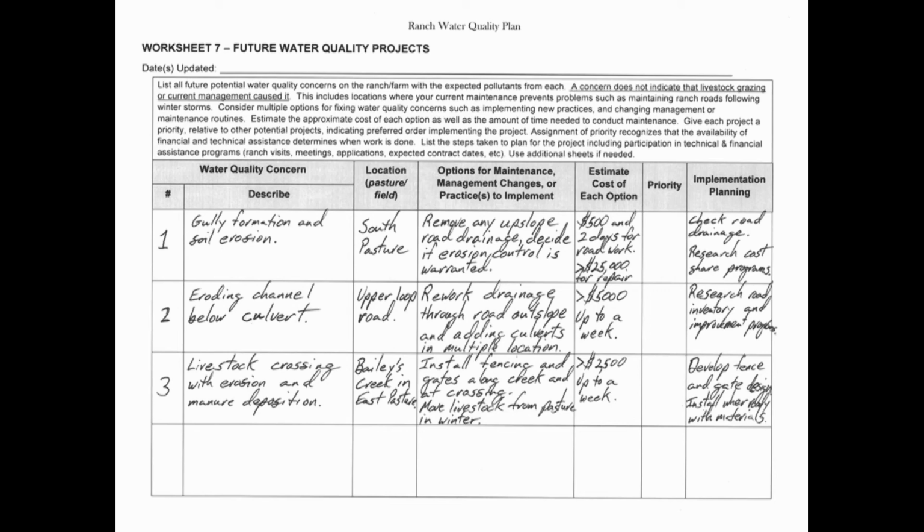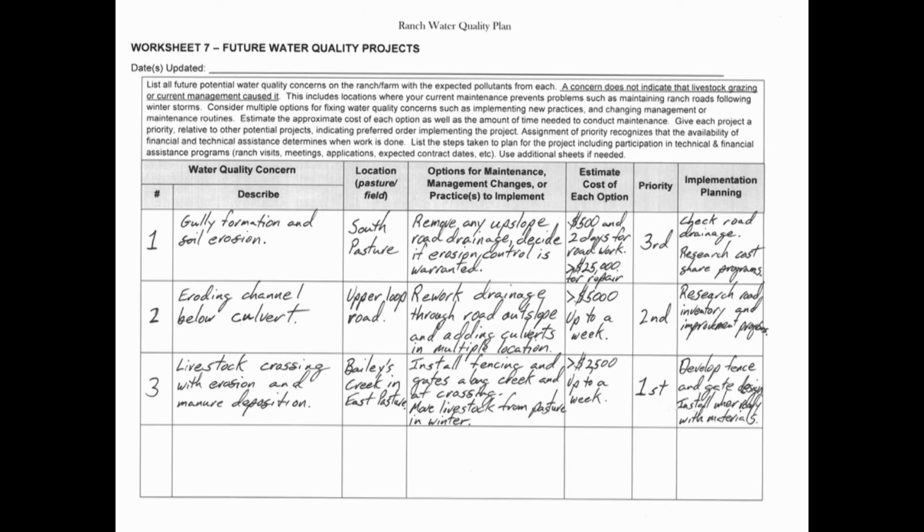And an eroding stream bank caused by stream flow and geology may be more important to address even though current management is not the cause, because important pasture or ranch buildings are at risk. For the 3 sites we looked at, the Hillside Gully was listed third because it is remote and not management influenced. The culvert erosion was listed second.